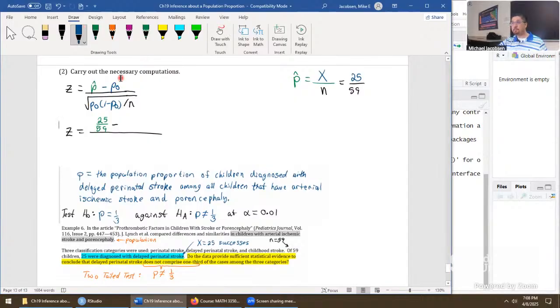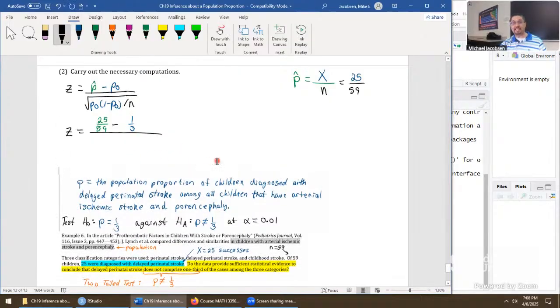Minus the value p naught comes directly out of the null hypothesis way down here. So it's the 1/3 value. And that's the logic of hypothesis testing. Measure the distance between your sample data in green with a hypothesized value, the 1/3 here in blue, in terms of the number of standard deviations, but this time it's the exact standard deviations. We'll go square root. For this value, it'll be a 1/3. 1 minus p naught is 1 minus 1/3, or just 2/3 altogether.